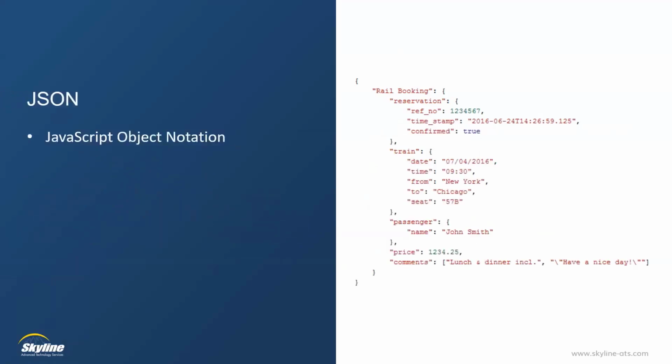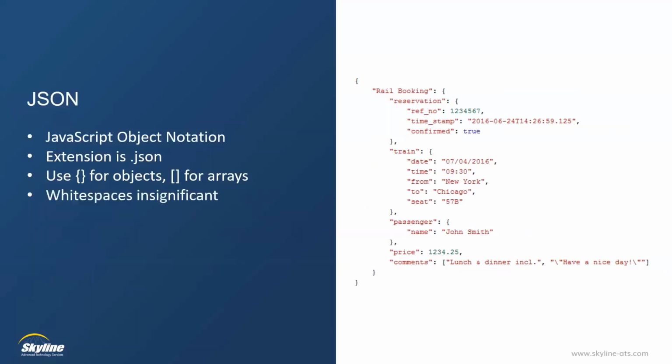The other one, and this came along after XML, is what's known as JSON. JSON stands for JavaScript Object Notation. Its extension is .json. It uses what's known as objects and arrays. So objects are basically between little curly brackets. Arrays, or basically think of an array as a list, is between square brackets.